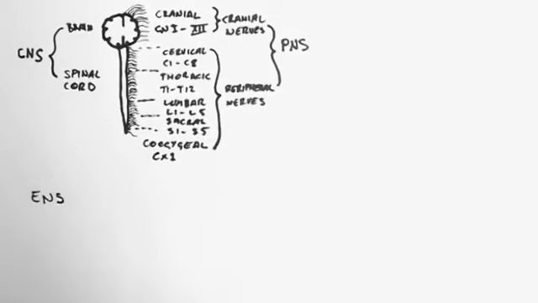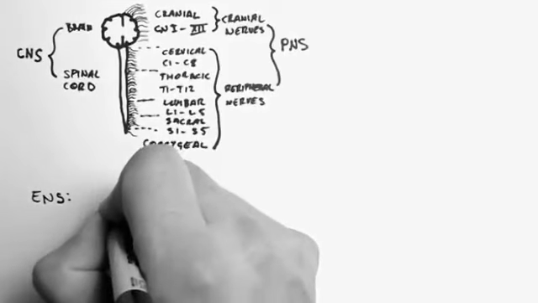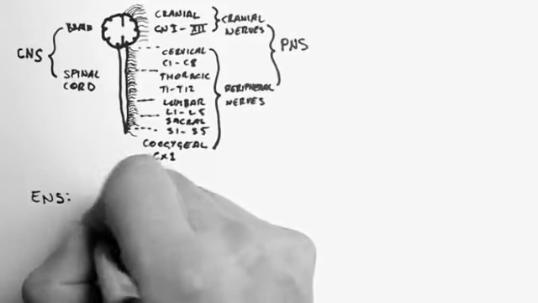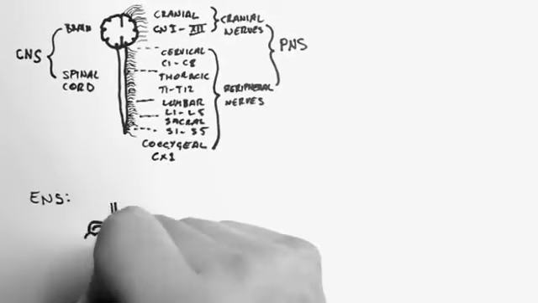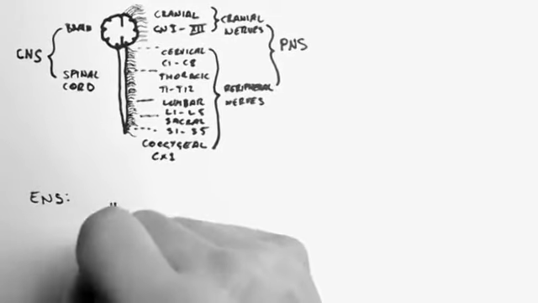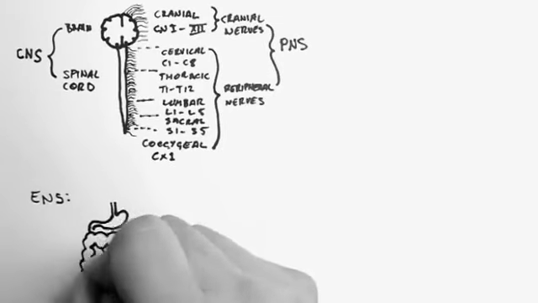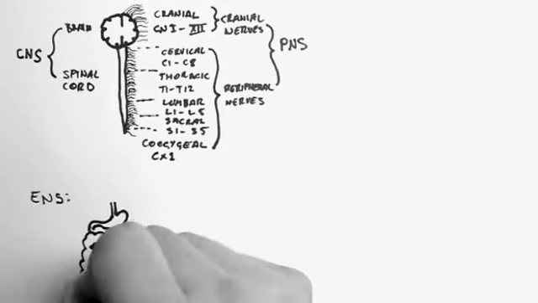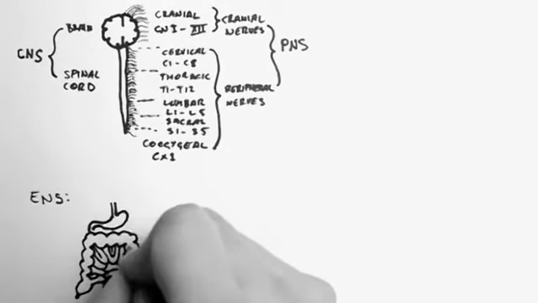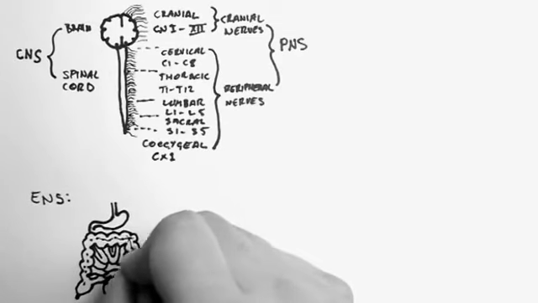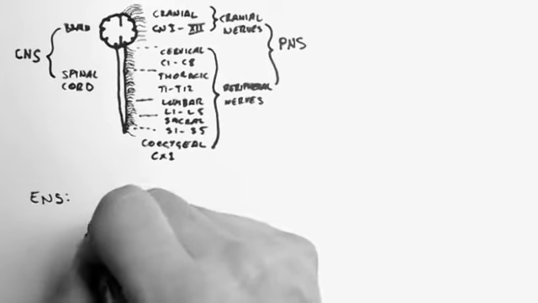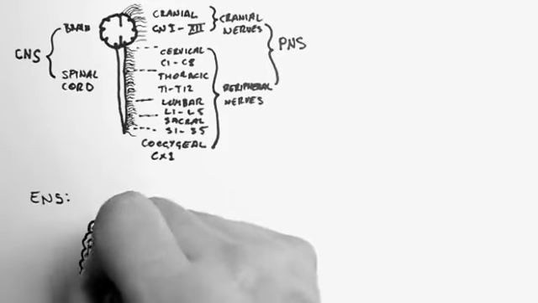Now there's one more division, and some people call this a functional or an anatomical division, but here I've displayed it as an anatomical division. It's the enteric nervous system. So this is a nervous system of the digestive tract. So the digestive tract has its own nervous system, which allows it to function even if it's removed from the body. It won't function for very long, but it knows where food is within the tract and knows how to